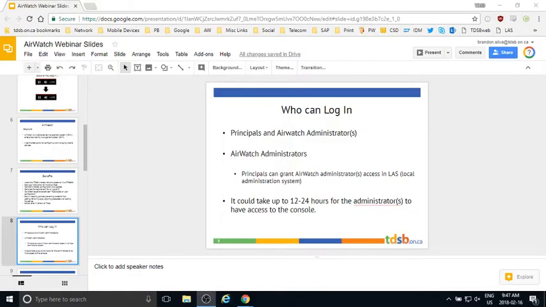Okay, before we get into showing you all the features of the iPad, I'm going to put one into AirWatch with you guys. So first and foremost, how do we get started with AirWatch as far as getting this rolling at your school? Right now, we are offering two options for having the iPads enrolled into AirWatch. One is self-enrollment, which basically means you can round up all your iPads, wipe them, and put them into AirWatch, which I'll show you.